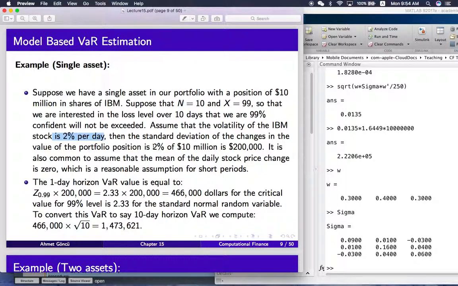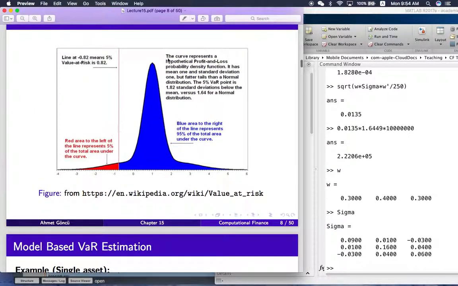So you can multiply this with the total investment to find how much standard deviation you will face per day. Okay, so 2% times this 10 million gives you $200,000 volatility per day. Now, under the normality assumption, we can use the critical value from the standard normal distribution. So if we are working with this 99%, as I just showed you in the previous figure,